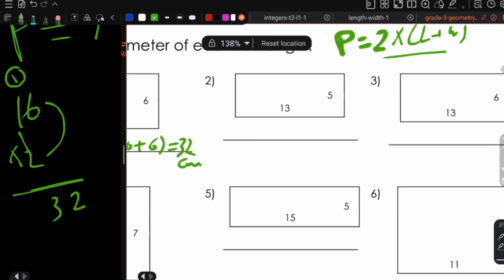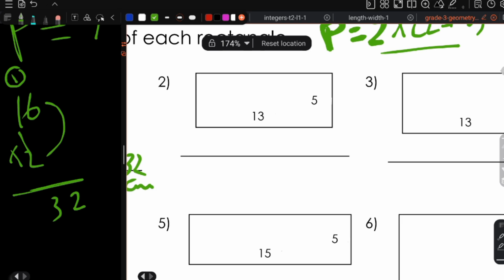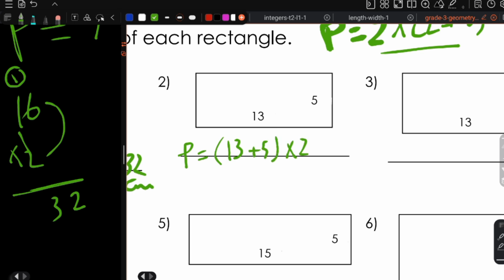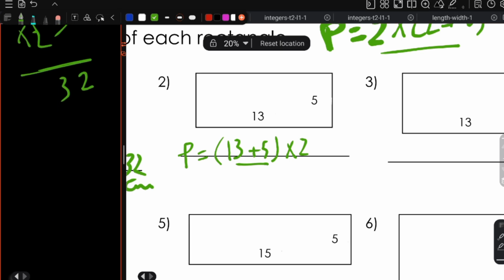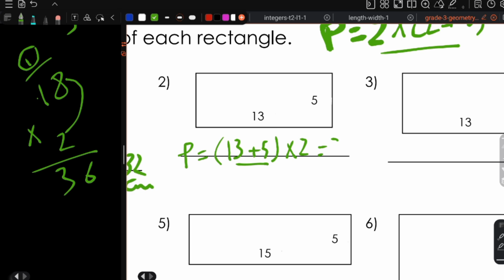centimeter. Okay, in the second rectangle, I asked you about the perimeter also, and I need here perimeter P equals 13 plus 5 times what? 2. 13 plus 5 equals what? Yes, exactly 18. So 18 times 2 equals what? 2 times 8 will be 16. Write 6 and carry up 1. Okay, 2 times 1 equals 2, plus 1 here, I have 3, so the result will be 36,